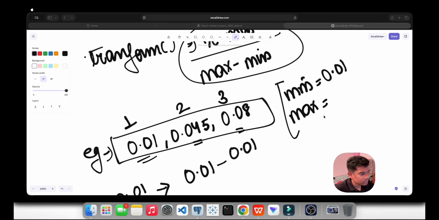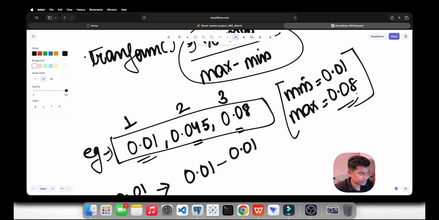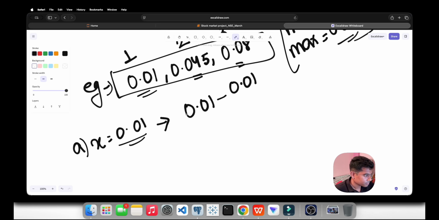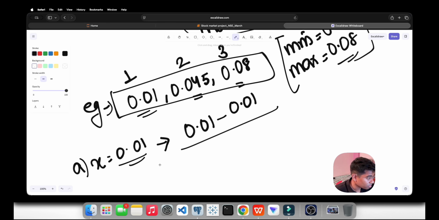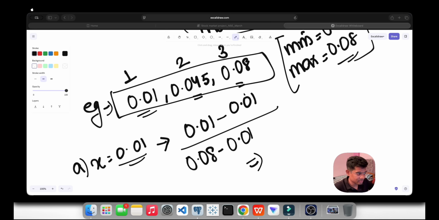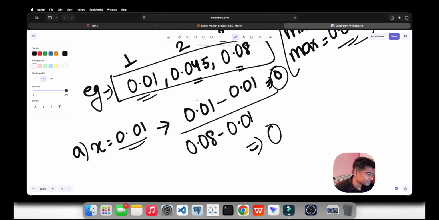Max is 0.08. Divided by max minus min, which is 0.08 minus 0.01. And what will be the answer? Obviously 0.